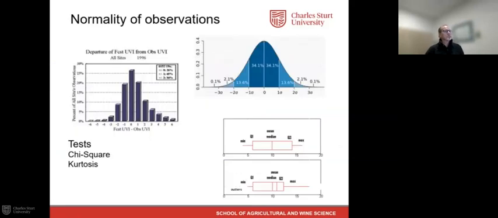Now remember, I mentioned that t-tests, and as we'll see f-tests as well, have several assumptions, and one of those assumptions is this normality of observations. That is that they fit a standard distribution, and that standard distribution is what we can see up on the top right-hand side. We're fairly familiar with this Gaussian type curve. Within that standard distribution, from the mean, you can go one standard deviation either way, and you have accounted for about 70% of your data. But of course,